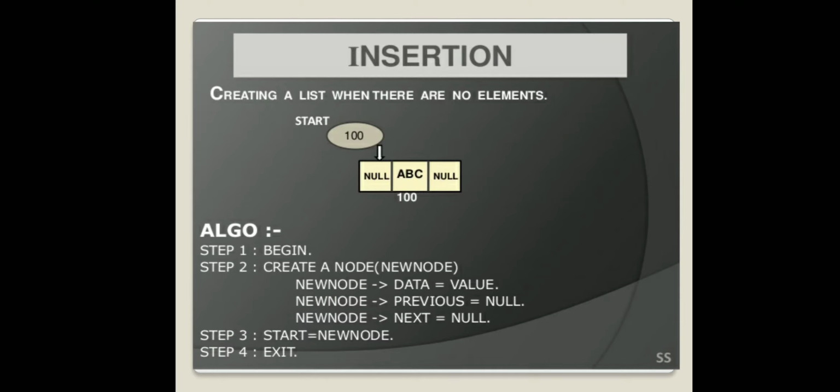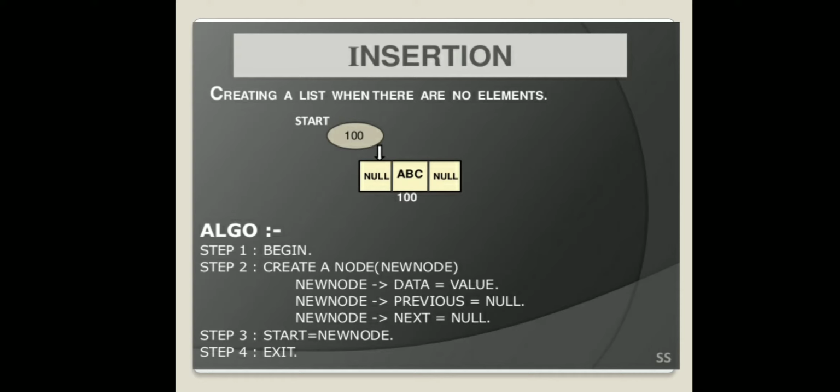Next, we'll see the insertion, how we can create a new node and insert it in the linked list. Suppose you want to insert a new node in the linked list, then we have to create a new node which contains three parts: the previous, the information part and the next part. So we'll see the algorithm here. Step 1, begin.